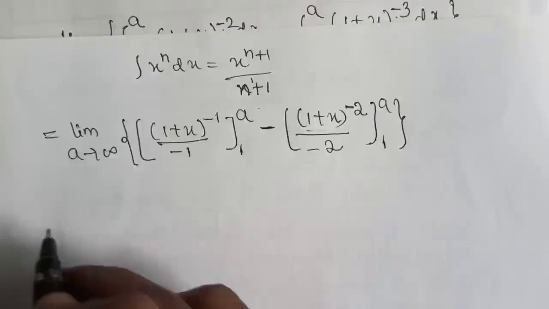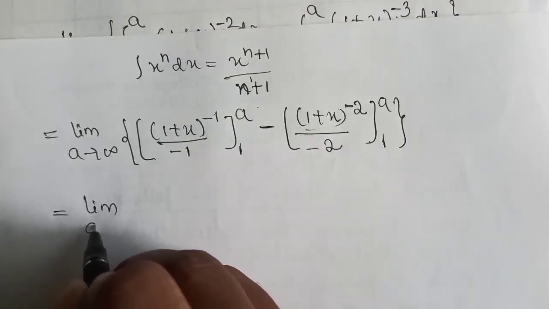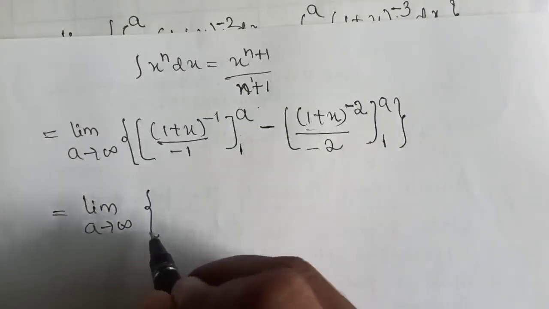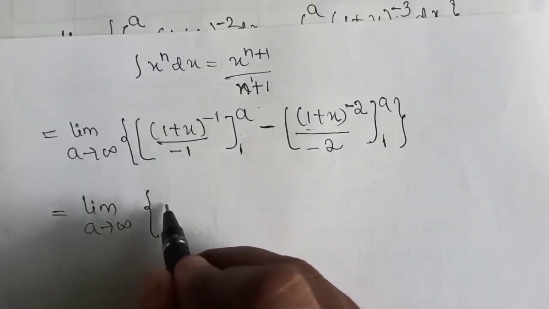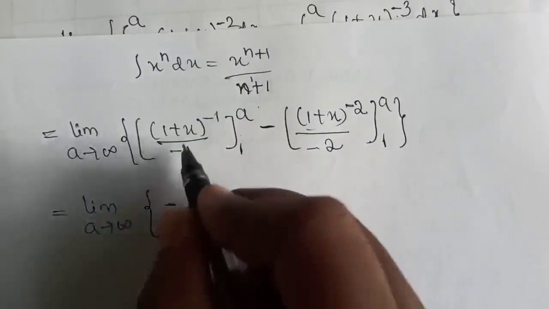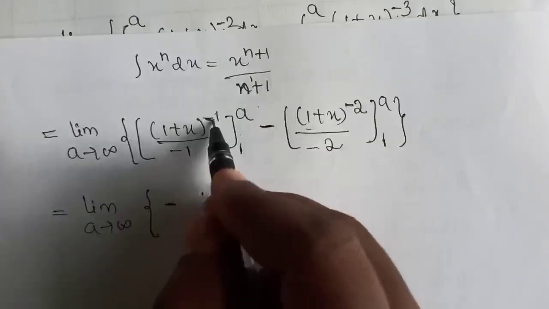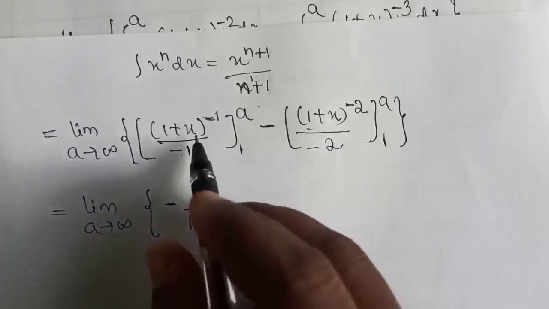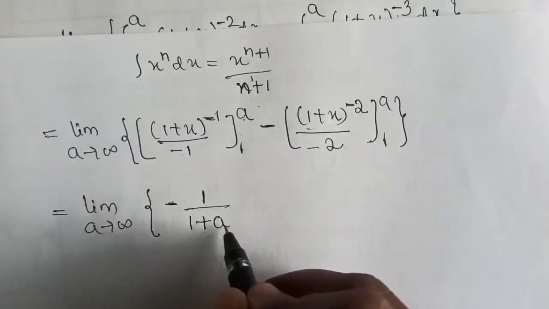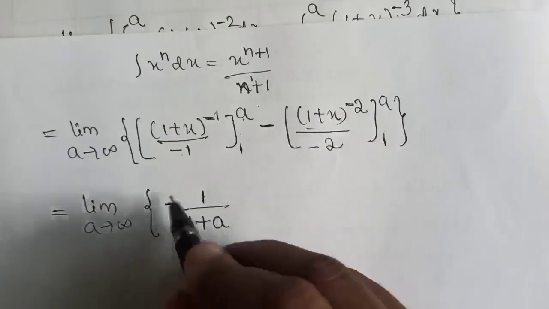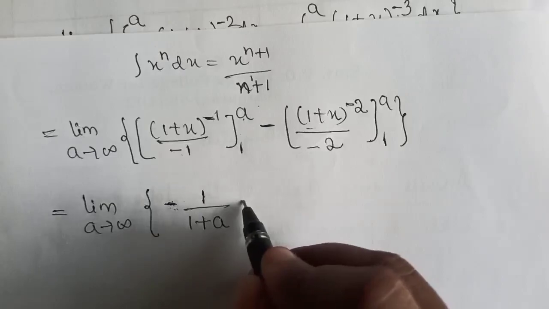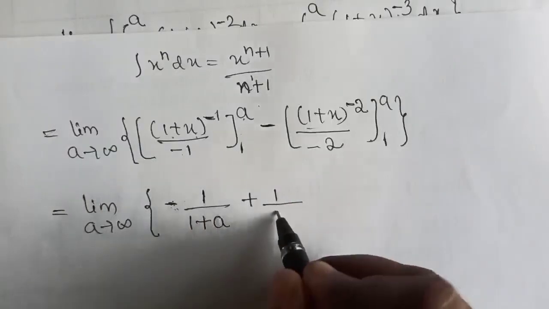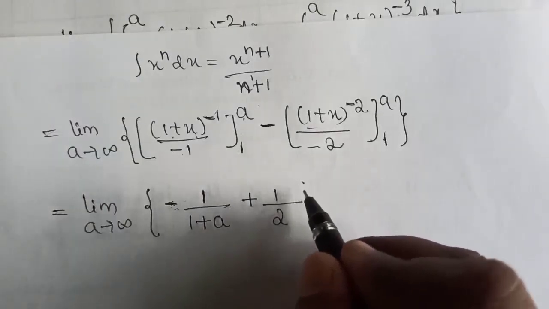Now, further simplifying, we get limit a tends to infinity. Now we apply the upper and lower limits. On the upper limit, this minus 1 I will write here: minus 1 divided by, since the power is minus 1, we can write it as 1 divided by 1 plus, in the place of x we substitute a. Now minus of the lower limit: already a minus sign is there, minus into minus gives plus 1 divided by 1 plus x, meaning 1 plus 1, which is equal to 2. Next,